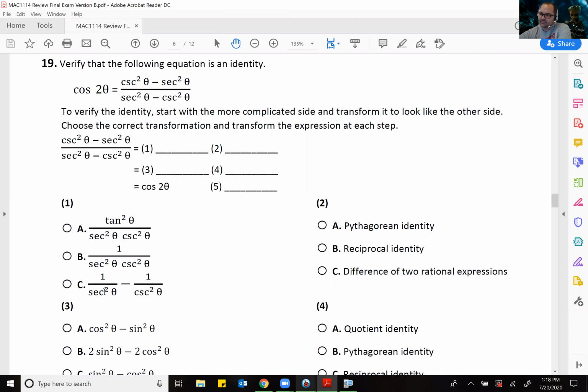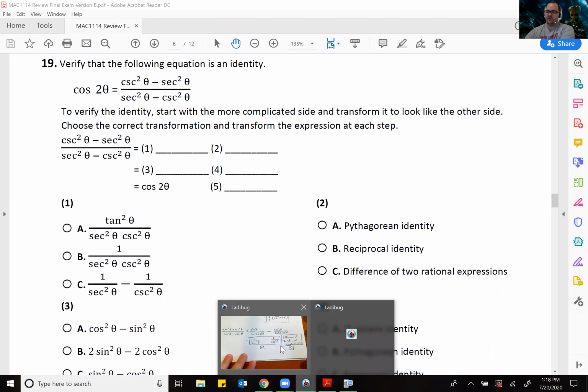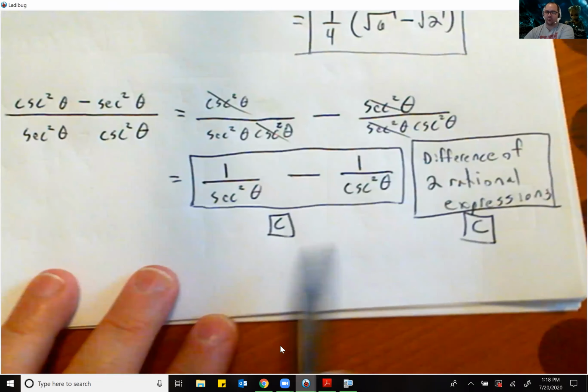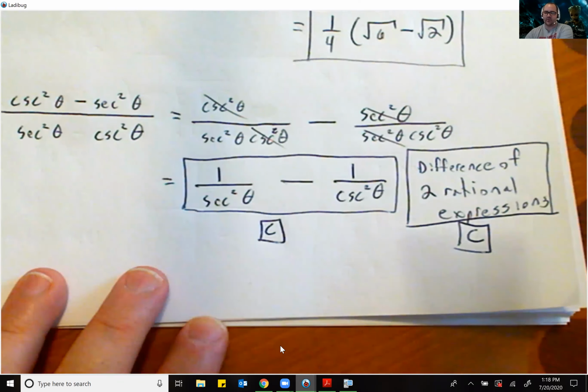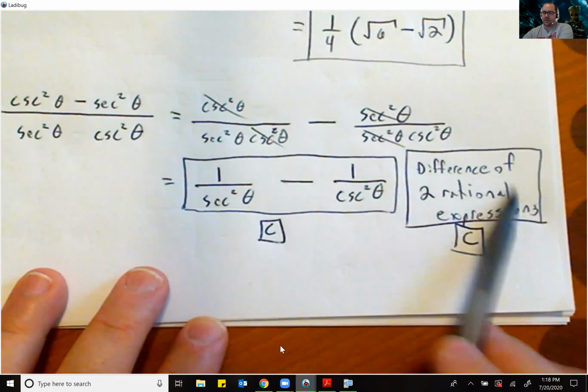Which is C as well. So far, you'll choose C for part 1 and C for part 2. All right, the next one,